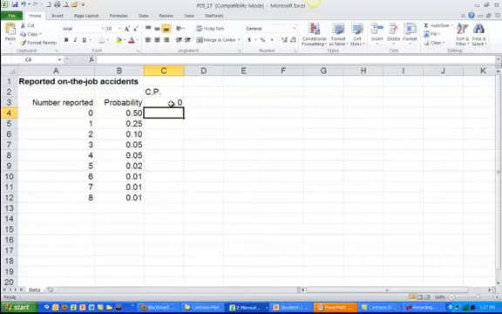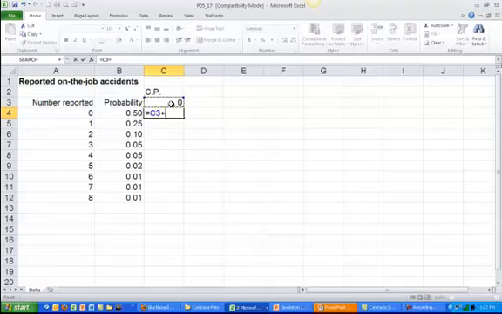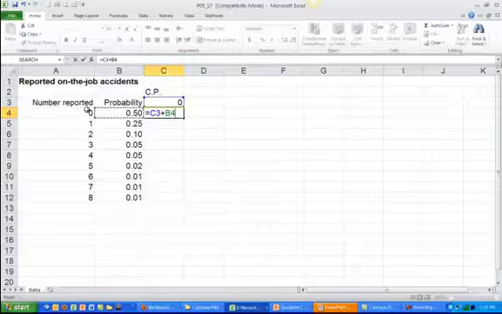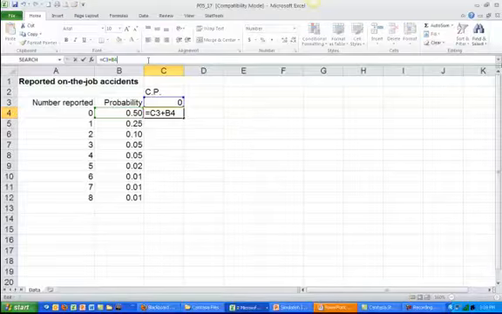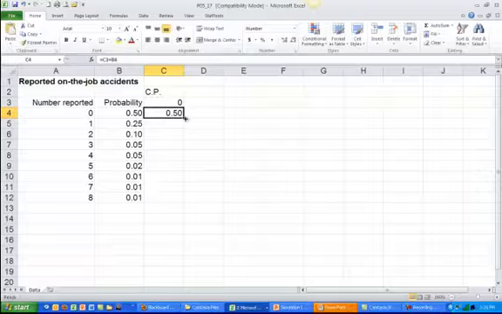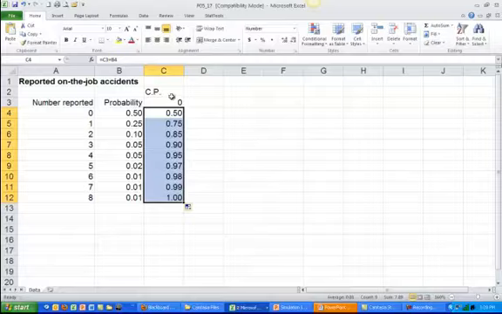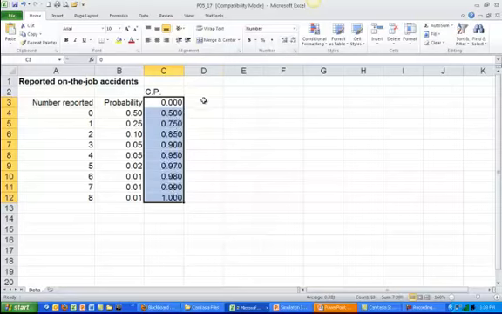So after 0, my next cumulative probability is going to equal 0, the first cumulative probability, plus the probability associated with my first outcome, which happens to be 0.5. So I have a cumulative probability of 0.5. Now I've built this formula in such a way that it's always going to take the previous cumulative probability and add in the probability of the next possible outcome. So I'm just going to copy this formula all the way down until I end up with a cumulative probability of 1. So in each case, I'm taking the prior cumulative probability, starting at 0, and adding in the probability